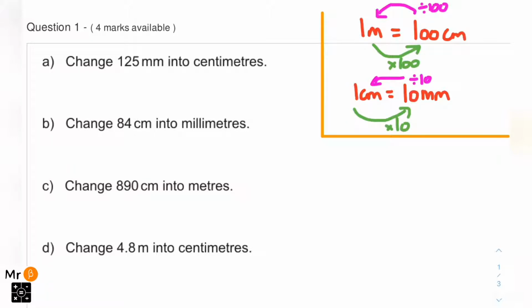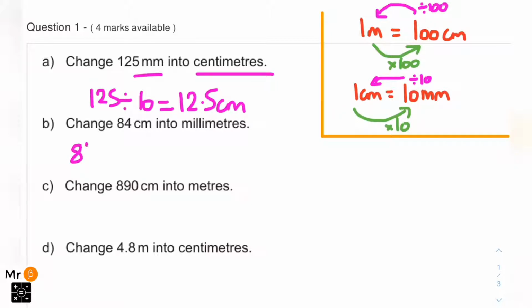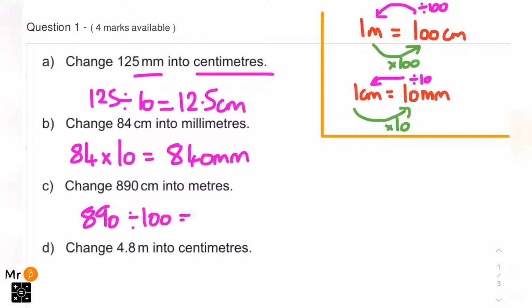Now we use those facts to convert. So 125 millimetres into centimetres. So we're dividing by 10, so 125 divided by 10 is equal to 12.5 centimetres. Part B, this time we're going from centimetres to millimetres, so we are timesing by 10, and we would get 840 millimetres. Part C, we would need to divide by 100 to get 8.9 metres, and part D, we're timesing by 100